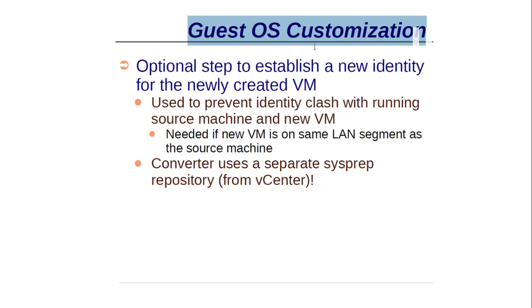Guest OS customization optionally establishes a new identity for the newly created VM, because if we want to change the name of a server, we want to create a new identity for the new server. It is used to prevent an identity clash between the running source machine and the new VM. If we don't change the customization of a server, then both servers, the old one and the new one, will clash. So that is all for this class,